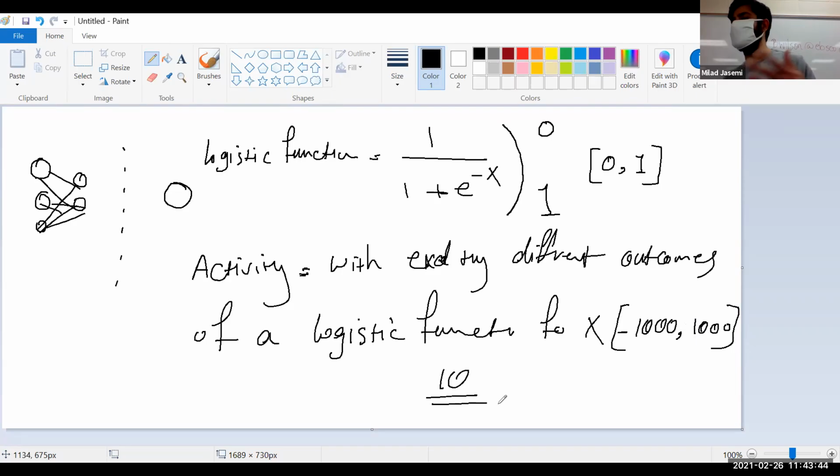And I'm doing it to show it to you because I want to show you the reason that they are not 0 or 1 and how we can fix them. So now we have a pop-up activity. With that pop-up activity, with Excel, get the outcomes of a logistic function for x in the range of